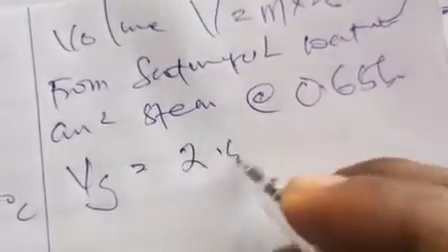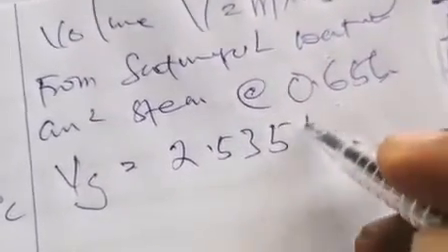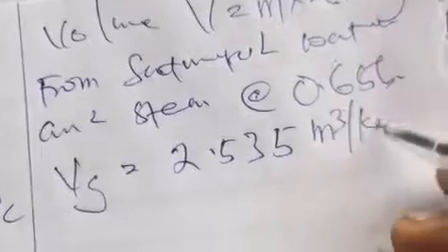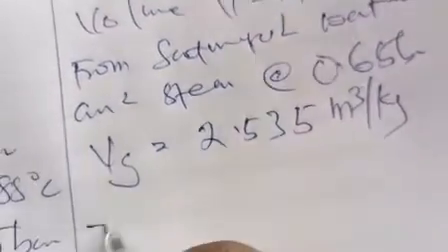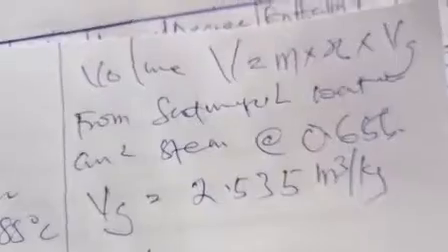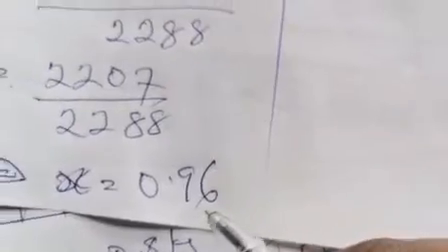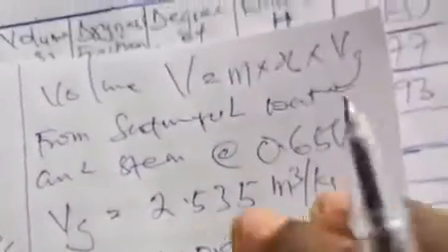Take this down a bit. 2.535 meter cube per kilogram. Okay, we'll have this to be Vg. So that simply implies that total volume V is now equal to mass, which was given as 1 kg. So 1 times the dryness fraction, we obtained that to be 0.96, times